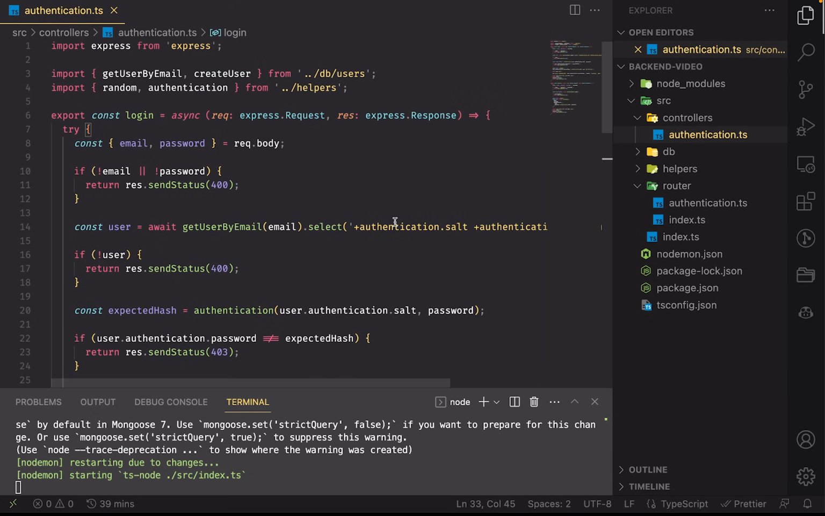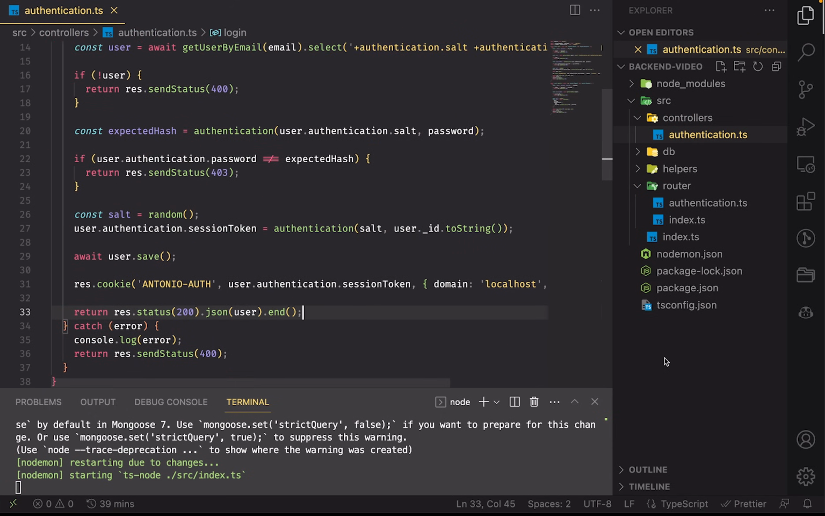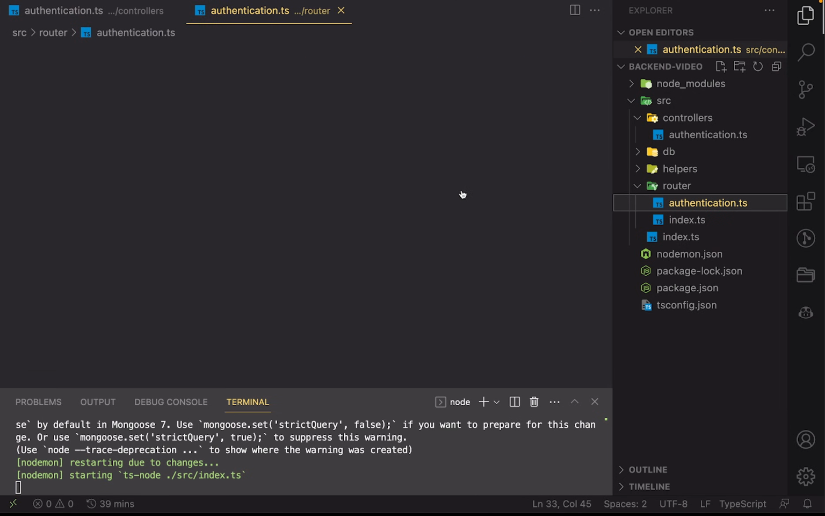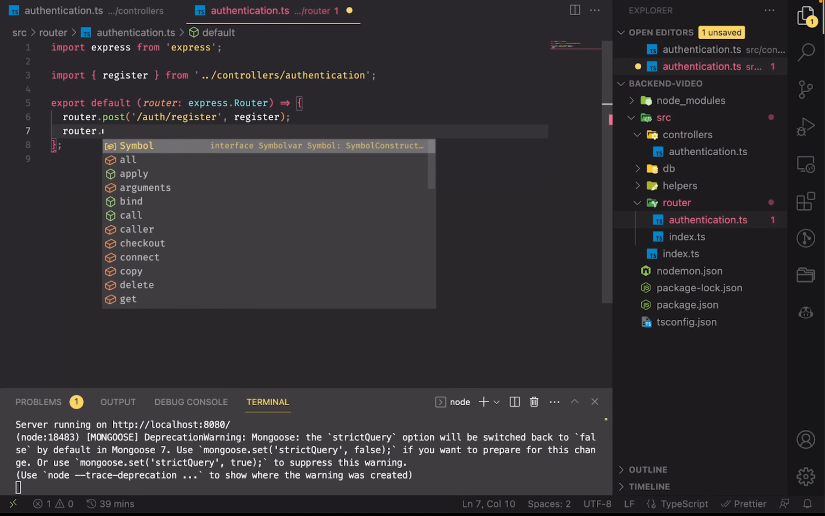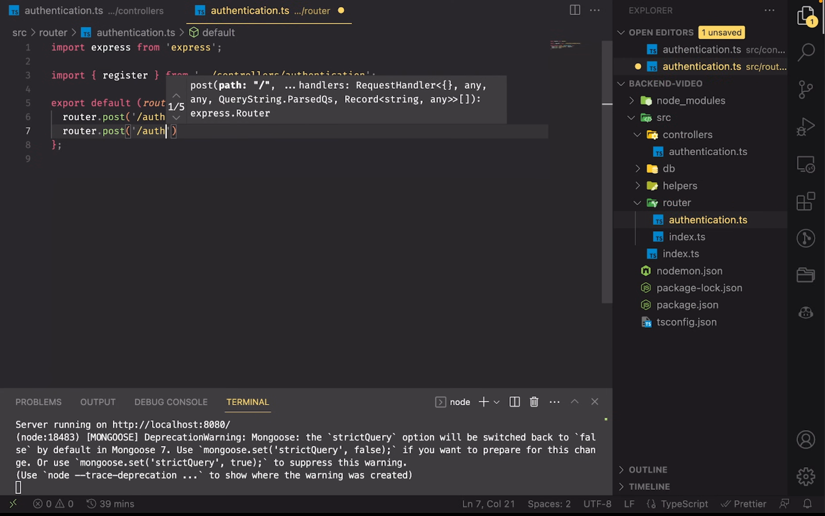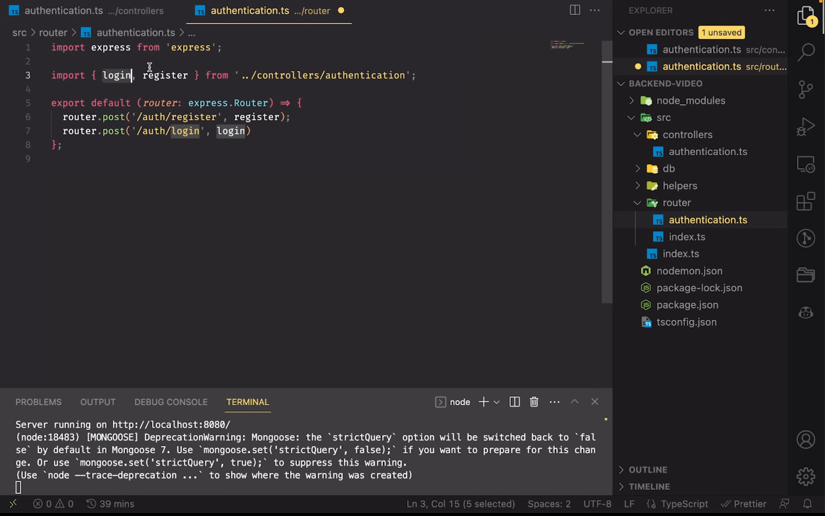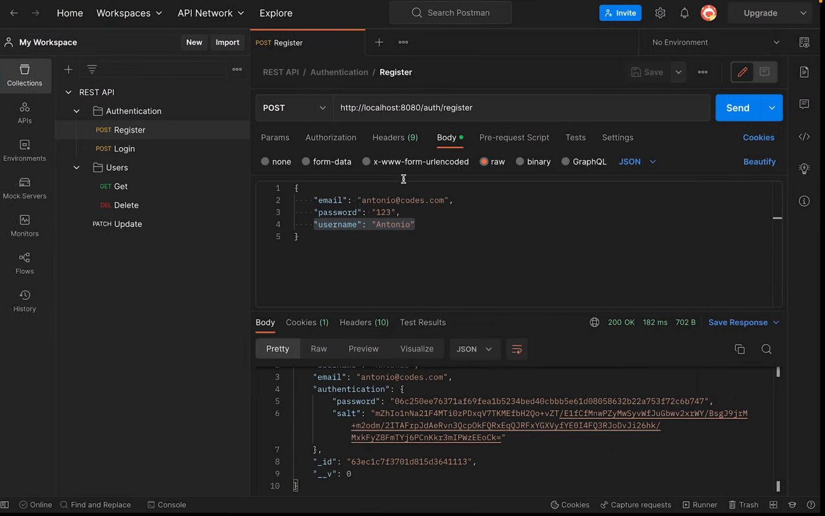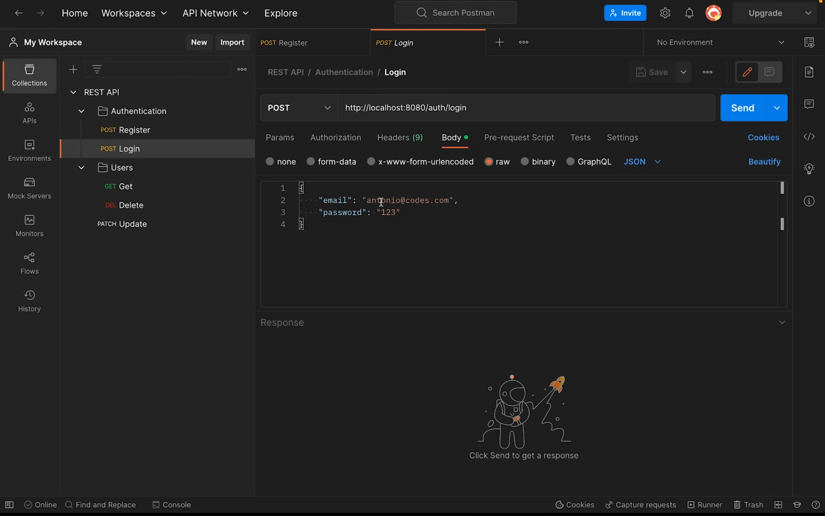Just like that, we have created our login controller. Now we're going to go into our router authentication and add router.post /login, and we're going to use loginController, which we will import from here as well. If we go to Postman now and try to log in using Antonio at codes with the password of 123 as we set,